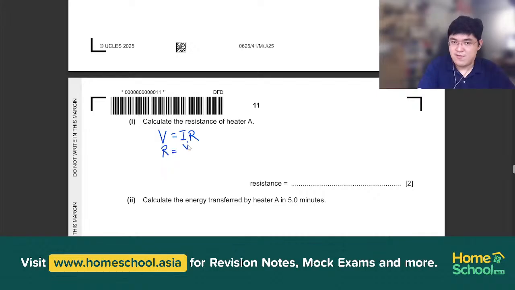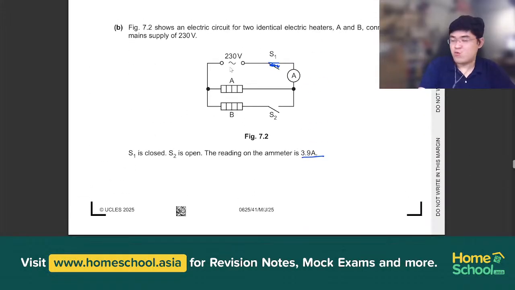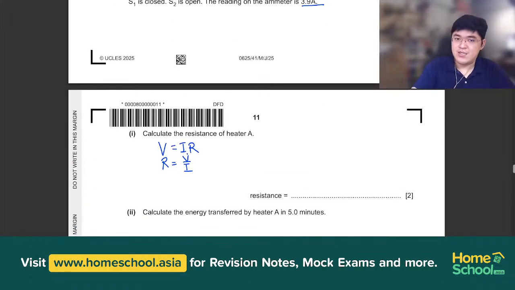R equals V over I. What's our value of V? V is 230 volts. Our value of I is 3.9 amperes, so it will be 230 volts divided by 3.9 amperes, and that will give you an answer of